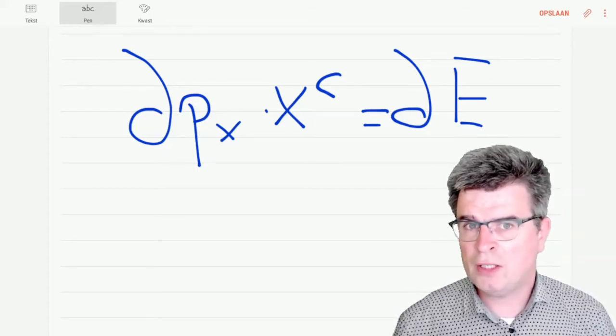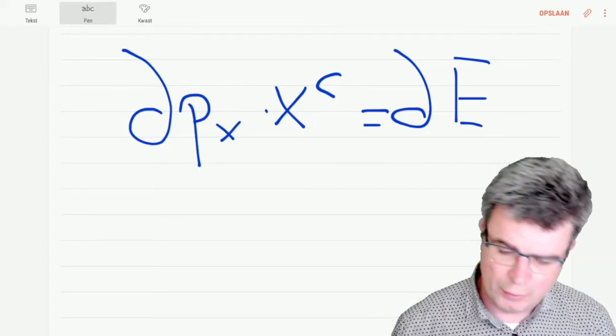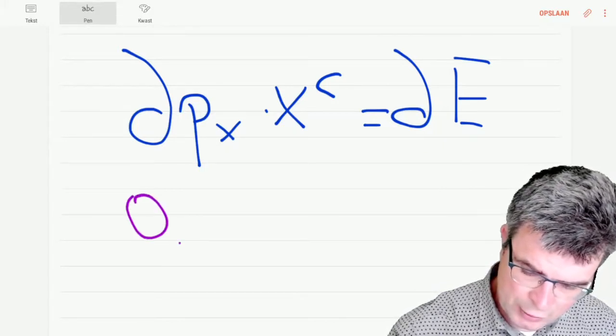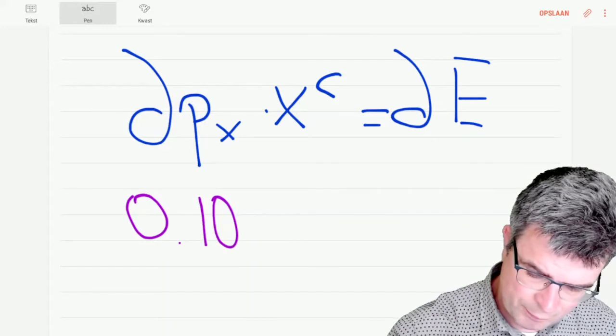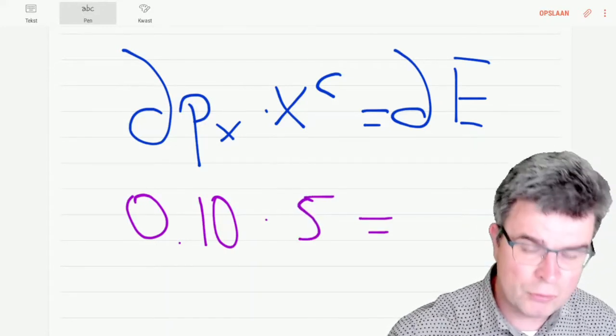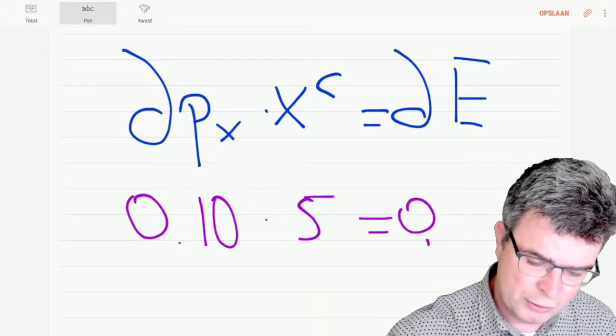How will that change my total expenditure? Well, given that the price in ice cream changes by 10 cents, and I currently buy 5 units of ice cream, my total change in expenditures is equal to